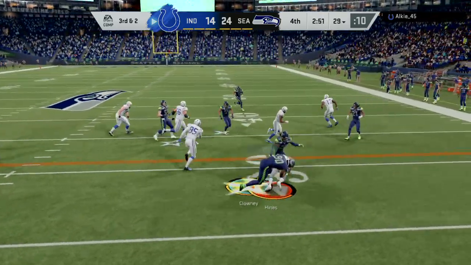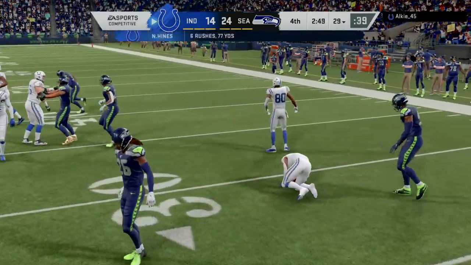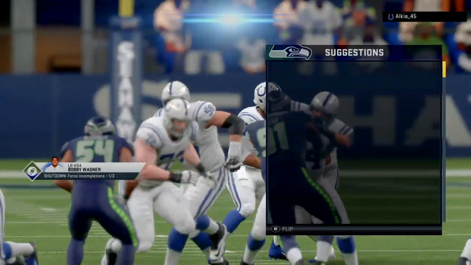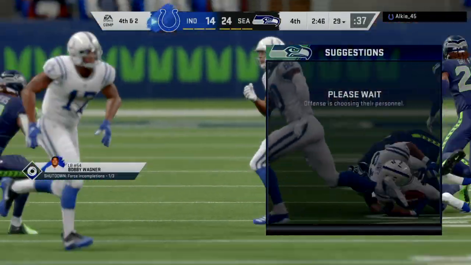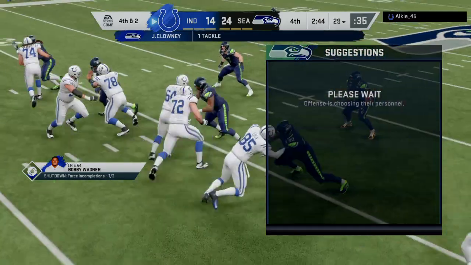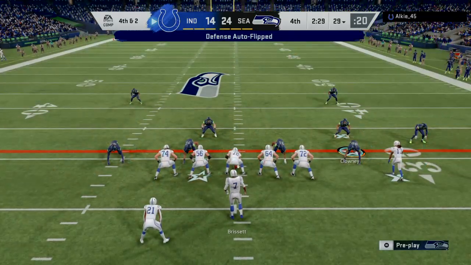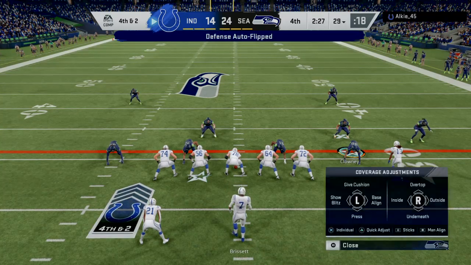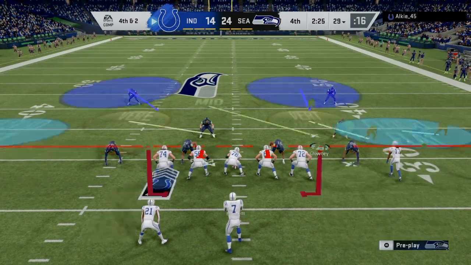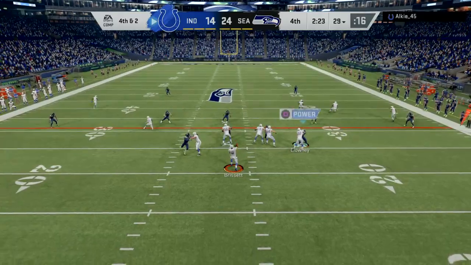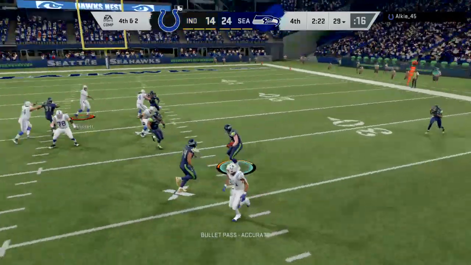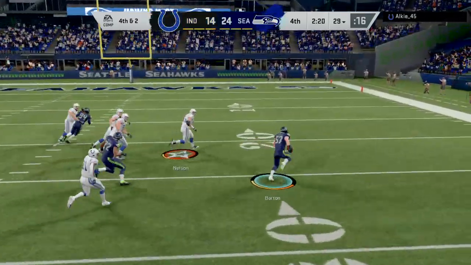On 3rd down, Hines. And he won't be close to a 1st down as he runs into a wall right around the line of scrimmage. Call it no gain there, and it leads to a 4th down. And they're indeed going to go for it here on 4th down. So trailing here in the last quarter, let's see how this plays out. Brissett, and this is intercepted, and that should do it.